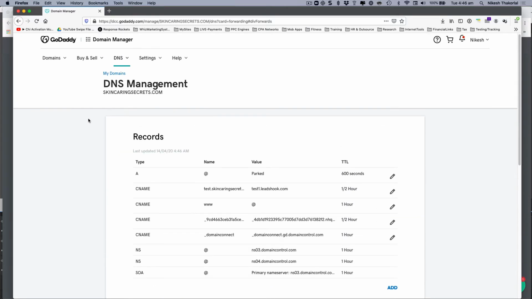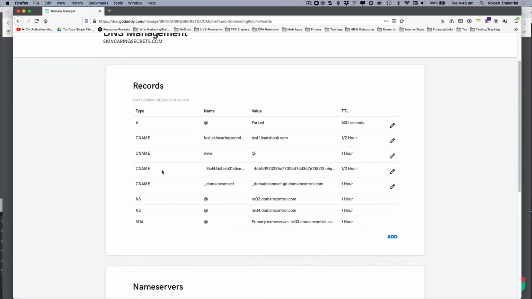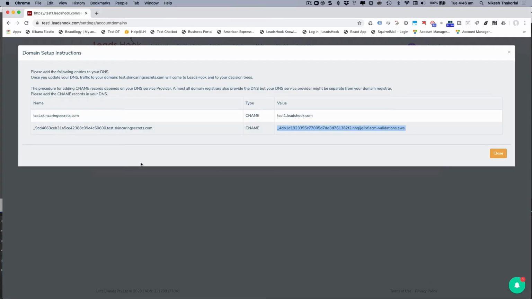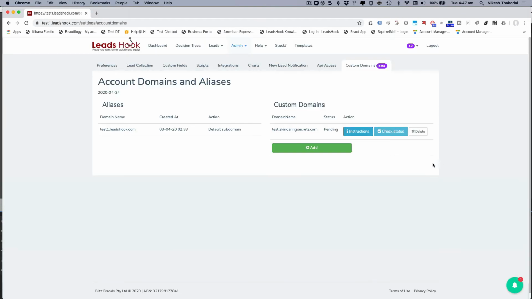If I scroll back up again, you should see that both of these entries are here, which is test at skincaringsecrets, and then name at there. And that's basically it, right? Now let's go back into LeadsHook and validate this. So click on check status,